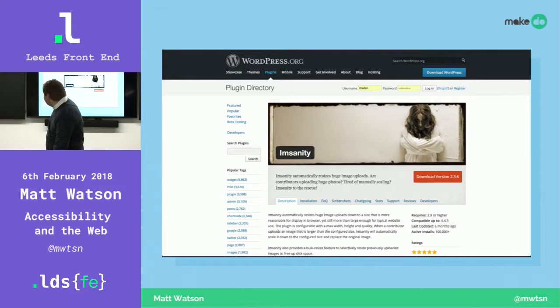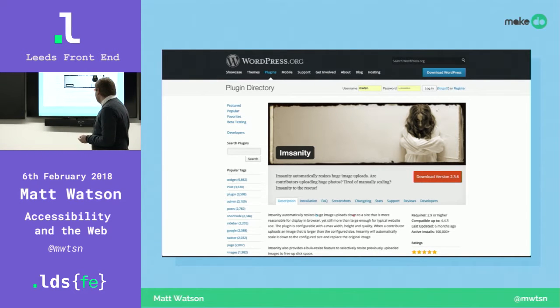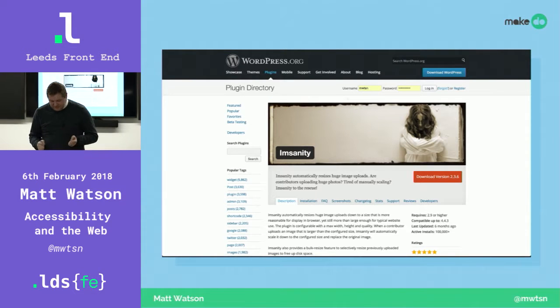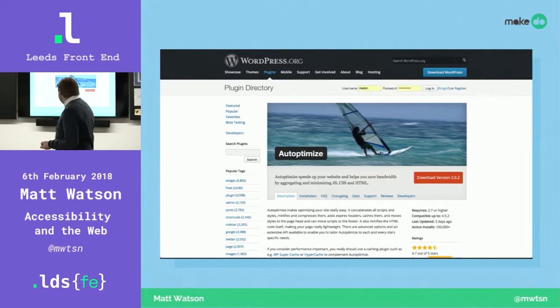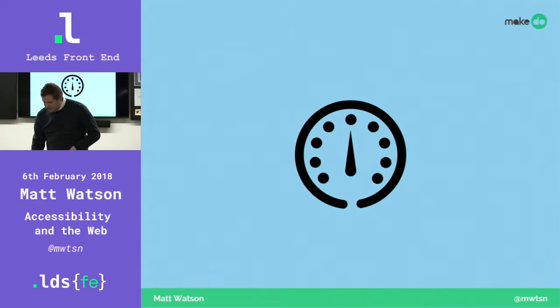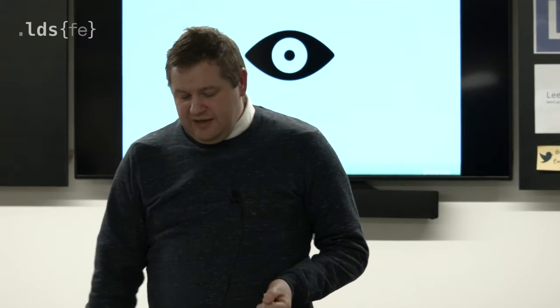So in the WordPress world, there's certain tools you can use. Here's one called Imagify that compresses images to make them a little bit smaller. And then there's Autoptimize in the WordPress world. I never asked if people used WordPress in this room. I should have done, really. So that's page load speed. And then